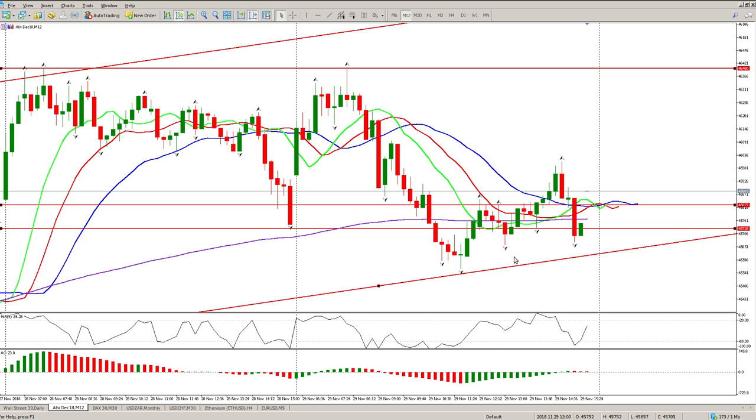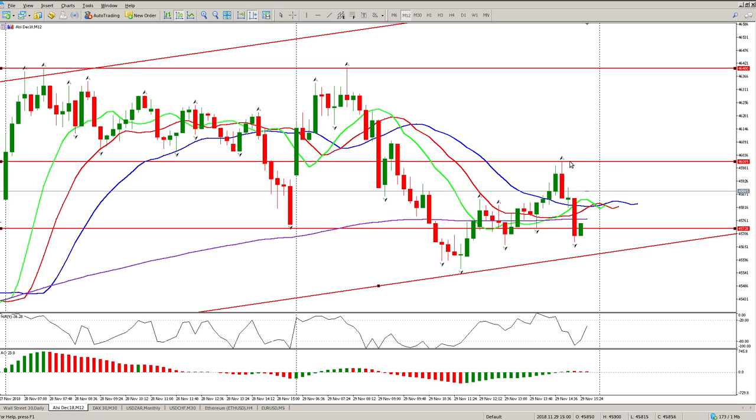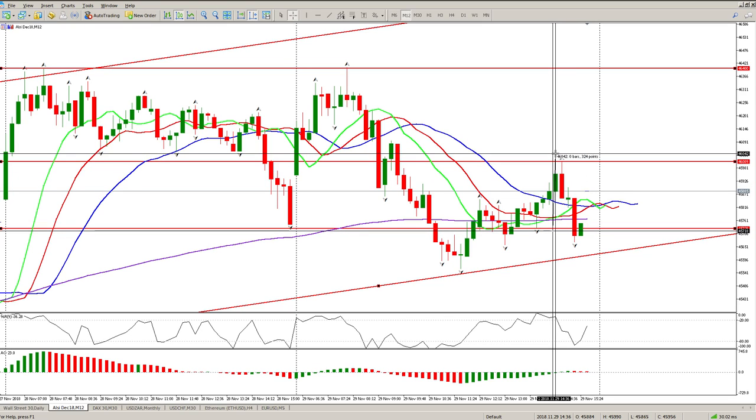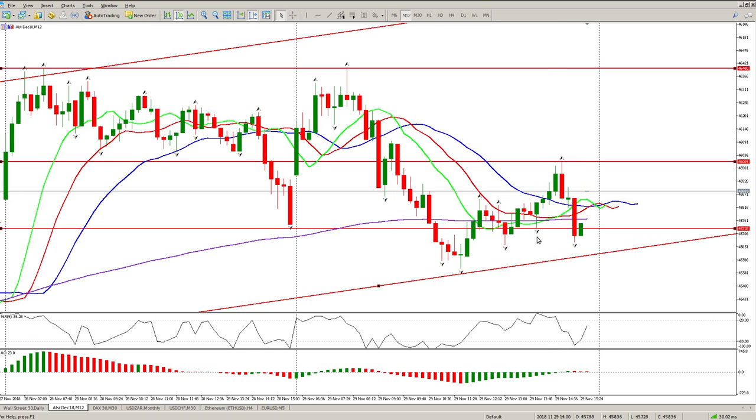So in a V, we're looking for pretty much two bars on either side that are higher than the previous bar. And on the downside, we're looking low, low, low, low. Okay, so fractals for me right now, that is the fractal that is broken. So that should trigger a short with a stop up here. And I just want to, so that's an acceptable trade. That's 324 pips stop loss.